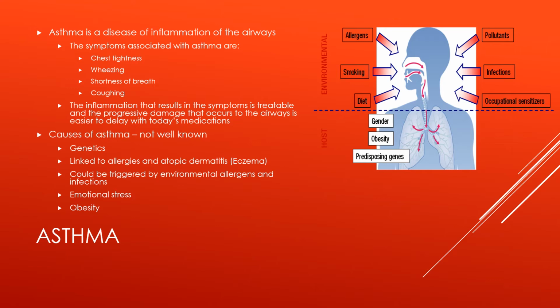They've shown that people who have atopic dermatitis, such as eczema, are predisposed to asthma. It also could be caused by emotional stress, and some real recent studies have shown how obesity actually increases the likelihood of asthma. So there are many different reasons for it, and the idea is, how do you manage it? How do you avoid these allergens? What can you do to make yourself better?